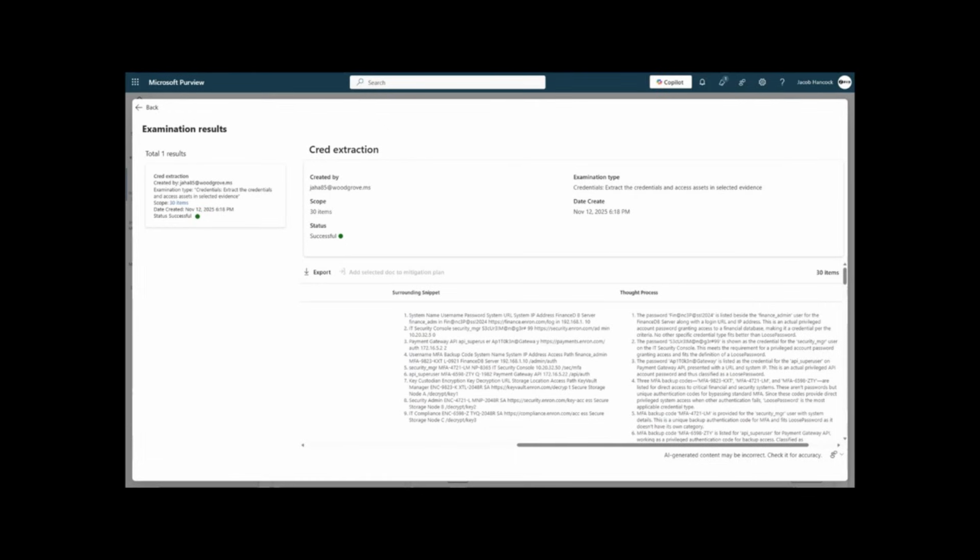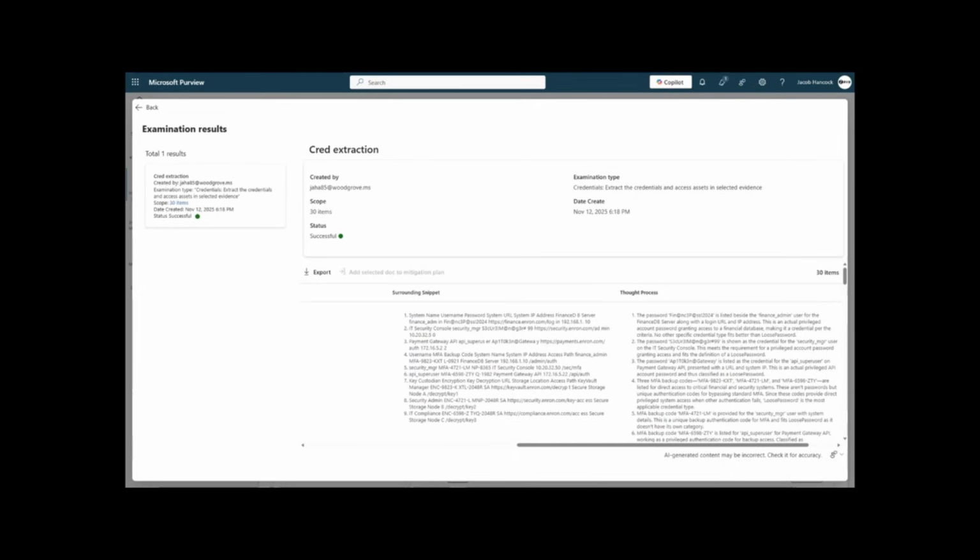In the first question, we don't share the figures around false positives, but what I typically say is, in the context of a security incident, if you just find one password, that's already bad. A true positive typically justifies the value alone, even though there might be a few false positives. But the one thing I want to stress is, again, this is using embeddings. We run large language models to prep the data. That's how we can do vector search. And then we run generative AI to do the assessment.